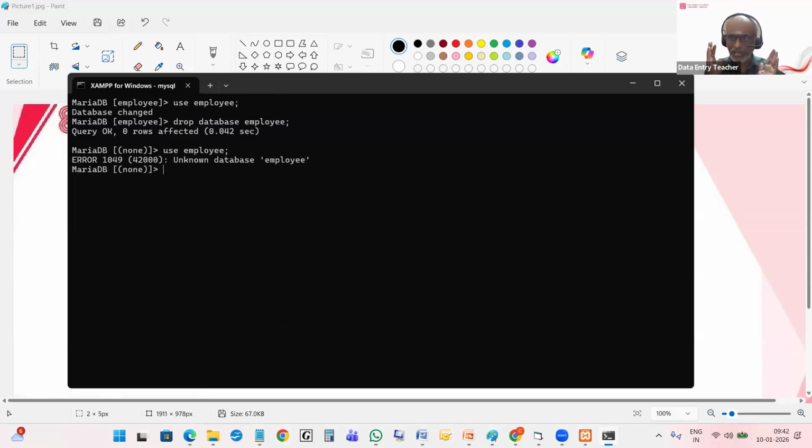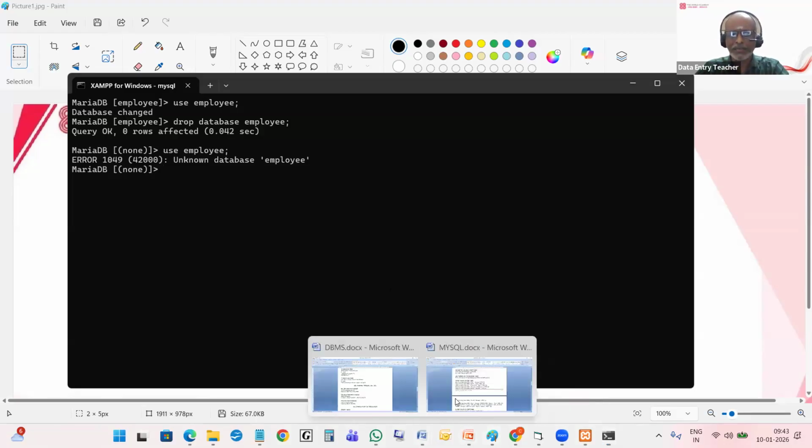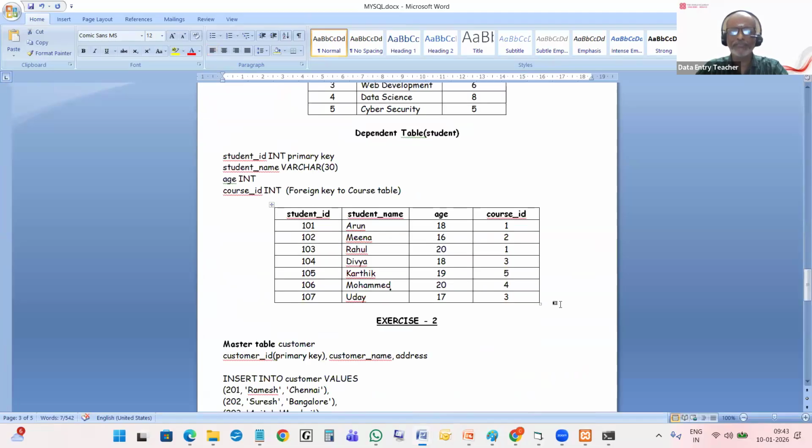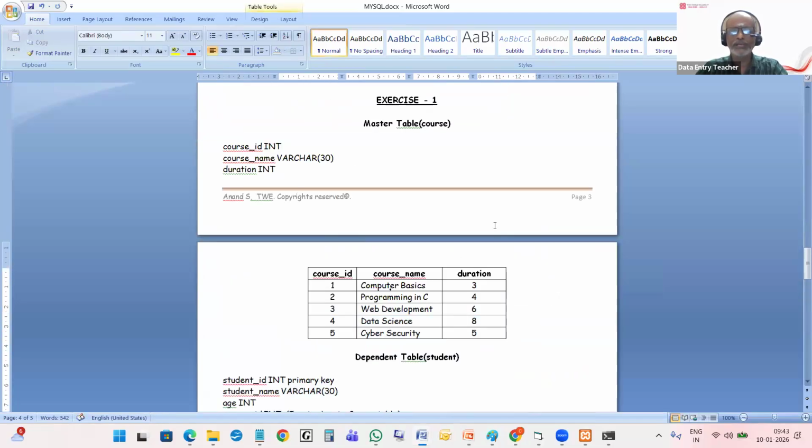So we have seen all the commands in the database. We have seen all the database terminologies, like tuple, primary key, foreign key. We have seen a master table and a dependent table. And then we have also seen the real practical, which I showed you. Just practice on it. Just try to create two tables. Let me have, you see here. I have one exercise here where you can have,